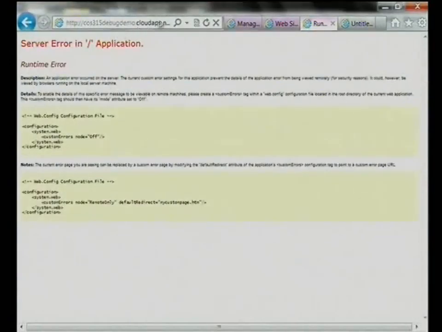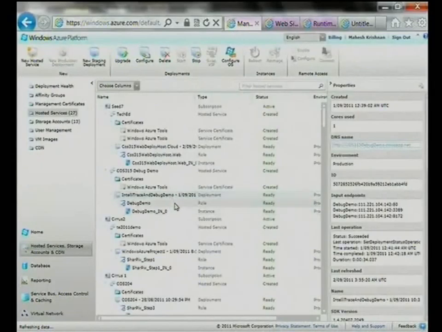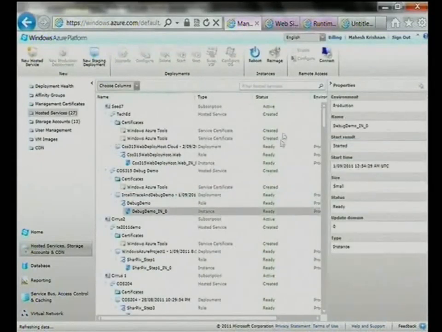So if I go over to my management portal and select this particular instance, see this little thing that appears over there called connect. You guys able to see that?